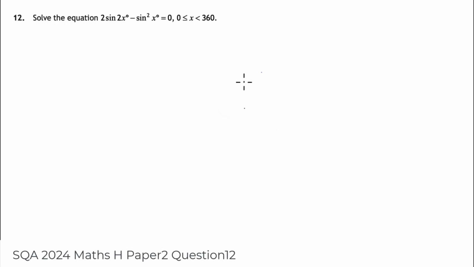So here we have question 12. We're asked to solve this trig equation and find solutions between 0 and 360, including 0, not including 360. Now, first thing to notice is that in there we have a sine 2x term, and that can be replaced by 2 sine x cos x. That's the double angle formula. So let's do that. We've got 2 times 2 sine x cos x